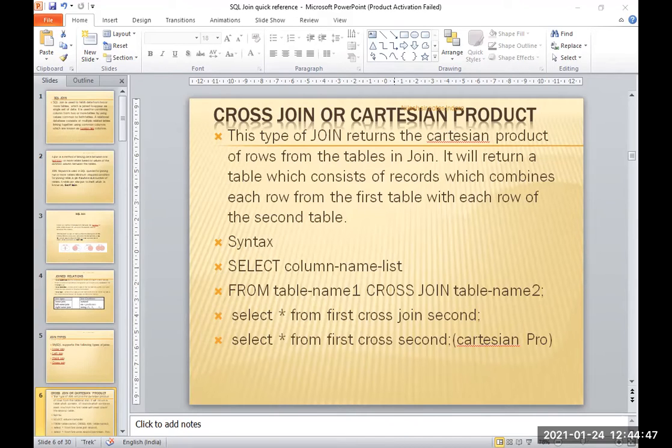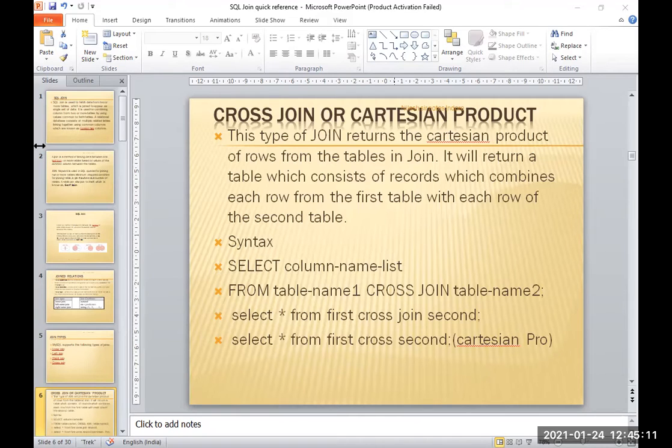We'll see the example. This is the first table, ID and name, and this is the second table, ID and name. Now I am applying select star from first cross join second. Here it will display the first table ID and name, 1 and 2, and second table 2 Adam, third Chester.